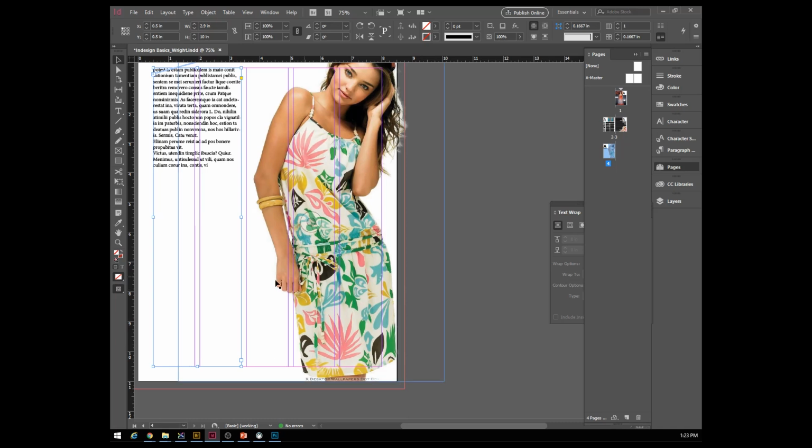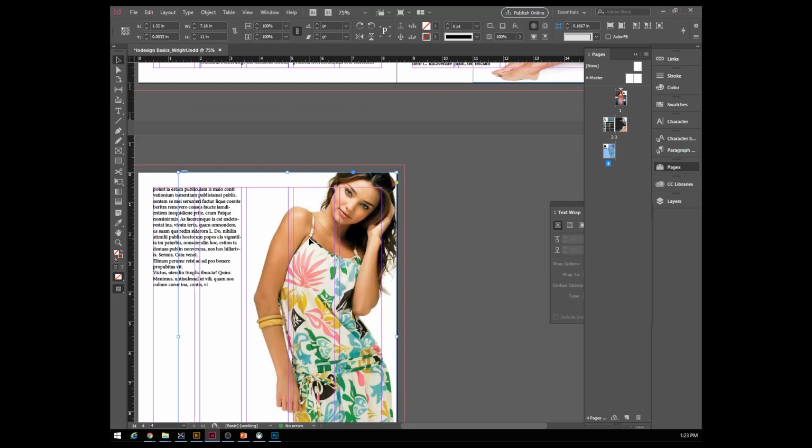Okay? So in a nutshell, that's sort of the basics of InDesign. It gives you a really brief overview of all the different things that can be done in InDesign. The next step, though, is to print this off. And this is where it gets a little bit tricky. We're going to save this as a couple different versions, and then we're going to print it off in a